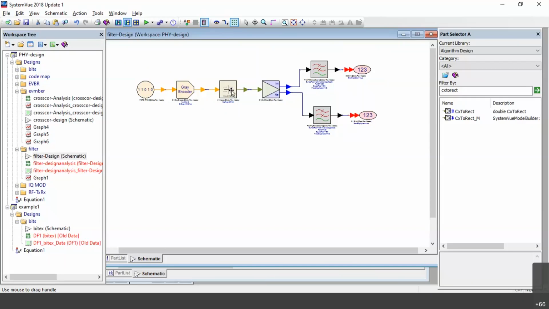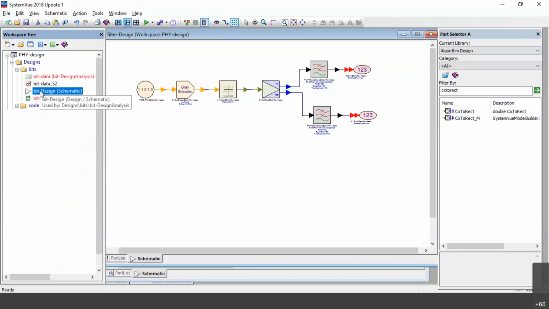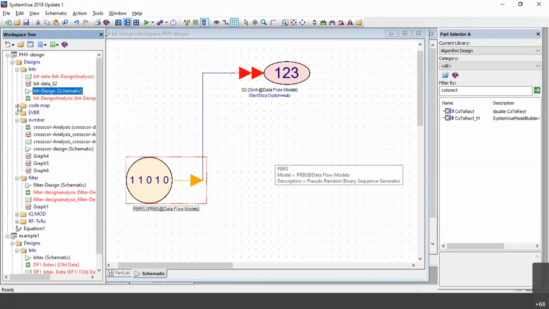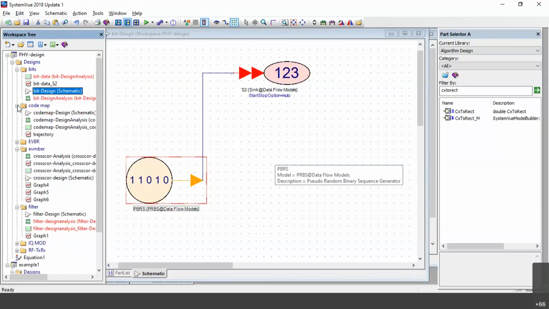See, what I have done: whatever the previous things, I am getting all of them in the new schematic. One folder I'm creating, and in that folder I'm getting the older version. See here, from the bits, whatever I've created, I have just copied and placed in the code map here.